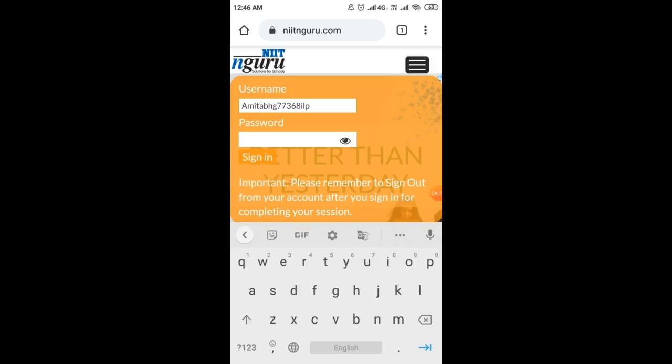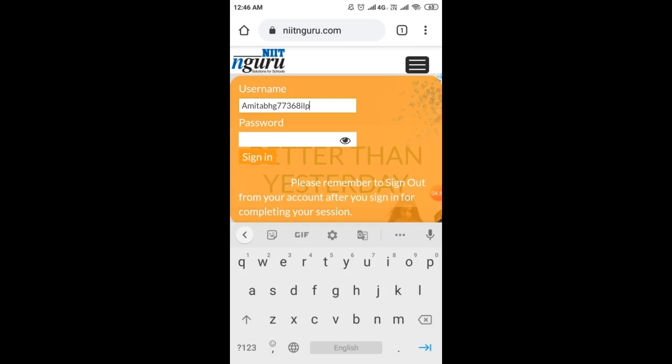This is the format that NIIT NGuru has generated from the server, where your first portion is your first name, then the initial of your surname. Amitabh Ghosh is my name, so Amitabh is the first part of the login name. Then G stands for Ghosh, which is my surname.